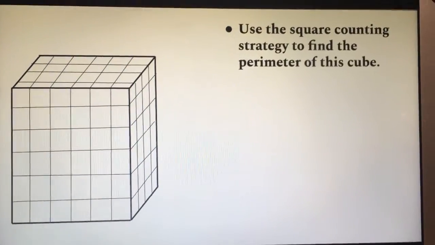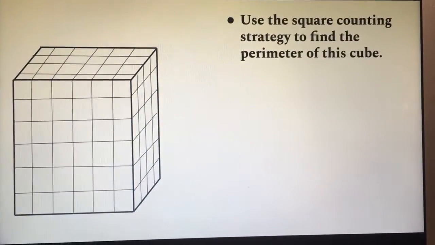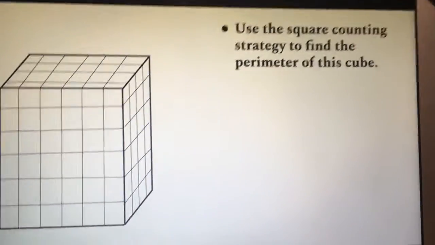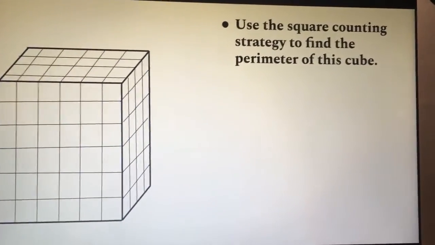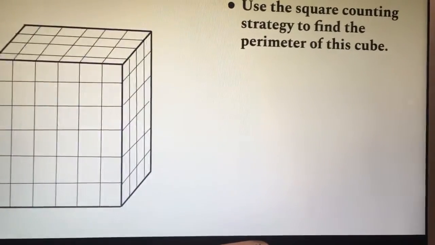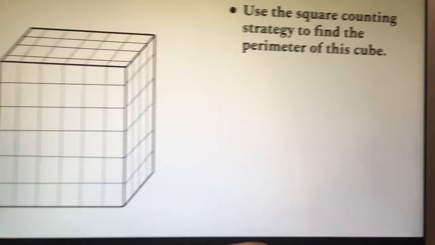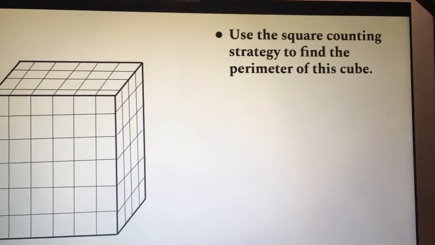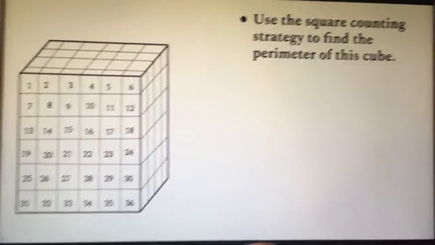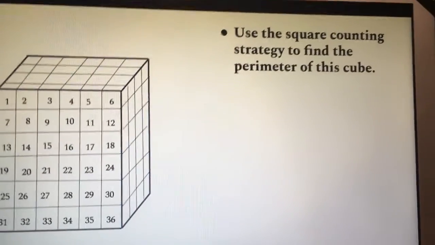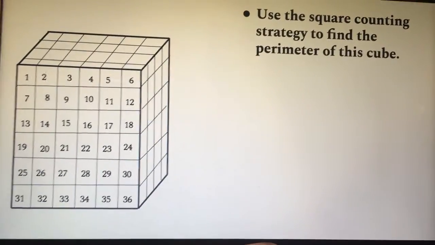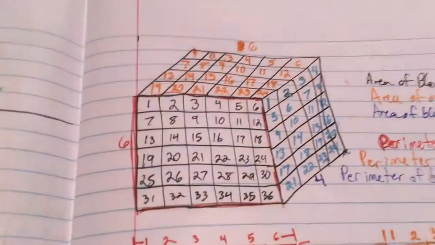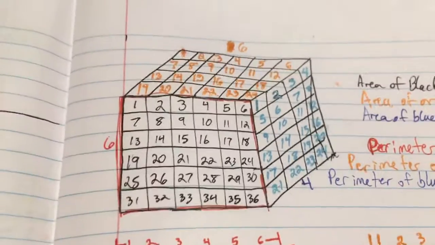Okay, in this video I'm going to be showing you how to find the area and the perimeter and also the volume of a cube using the square counting strategy. First of all, what we're going to do is on the very first face in the front, we're going to number off 1 through 36. As you can see that I've done here on my worksheet, I have actually